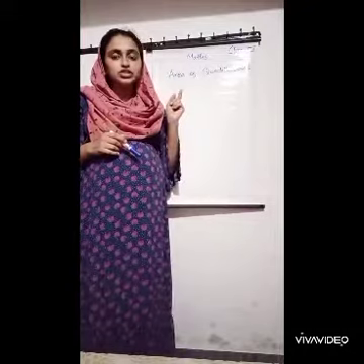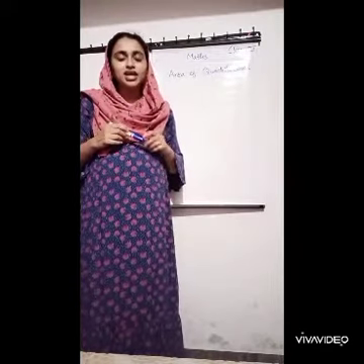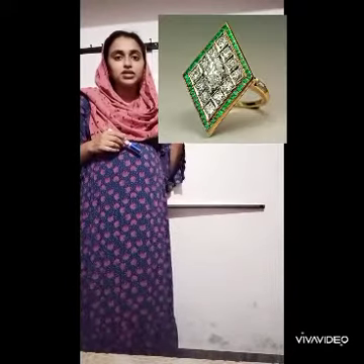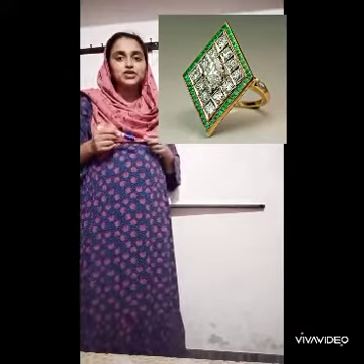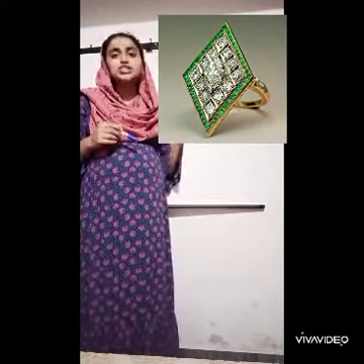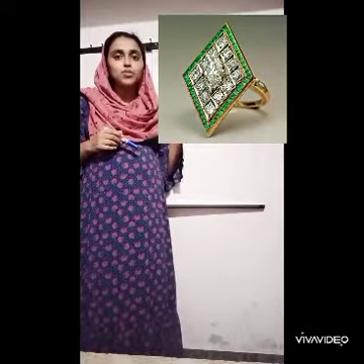Just look at this picture. What did you see? Very good. It is a signboard. What is the shape of this signboard? Excellent. The answer is rhombus. Just look at this picture. What is that? Very good. It is a ring. What is the shape of that ring? Yes, it is rhombus in shape.